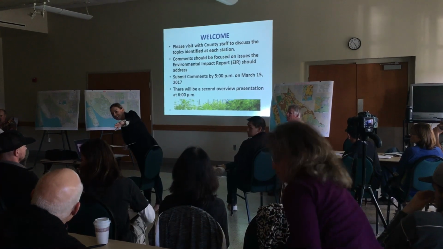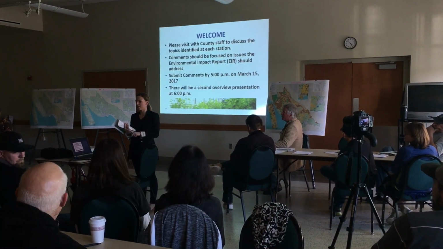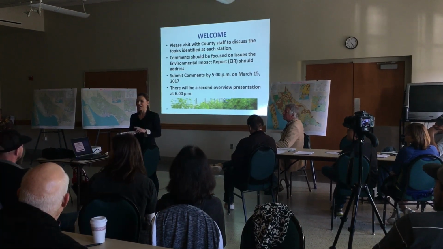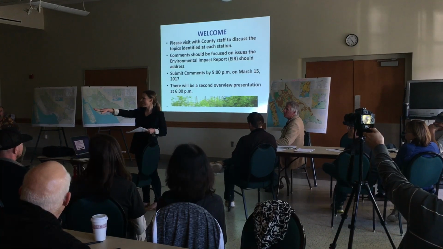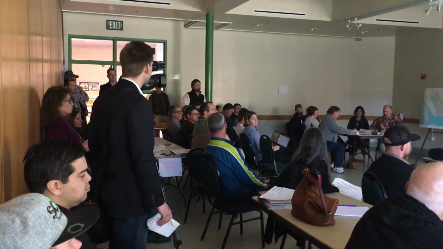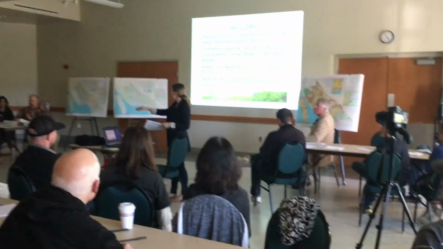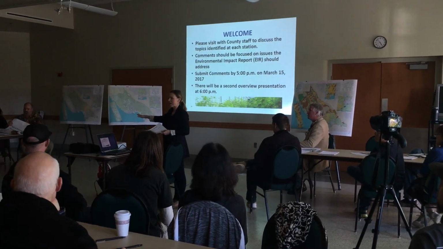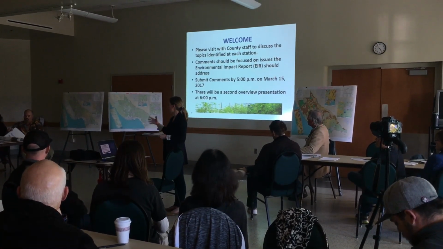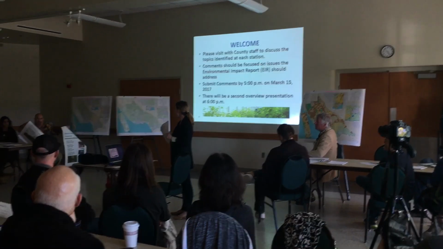At this table here, we have environmental resources and natural environmental resources. That's biological resources, ag, forestry, geology, hydrology, those types of issues. Back here at this table, this is if you have questions or need information about the program itself, or questions about the details, how it would work, that sort of thing. That table's here to answer your questions. And last but not least, over here, this is the land use and planning, so community-related issues related to land use, planning, neighborhood issues, that sort of thing.